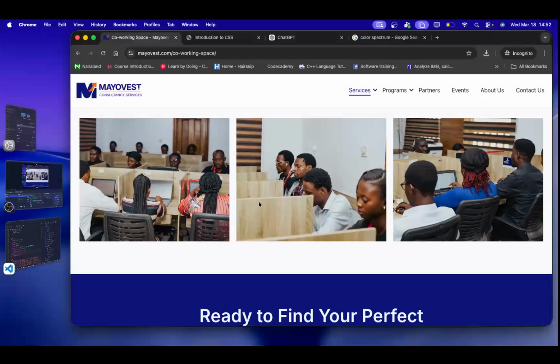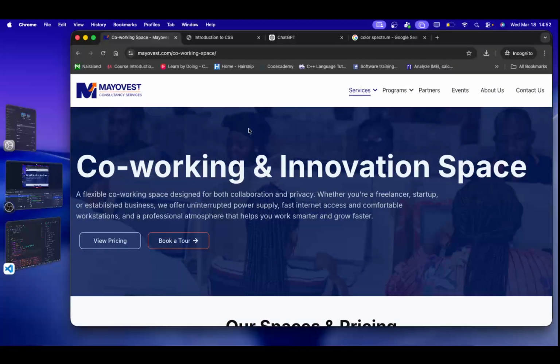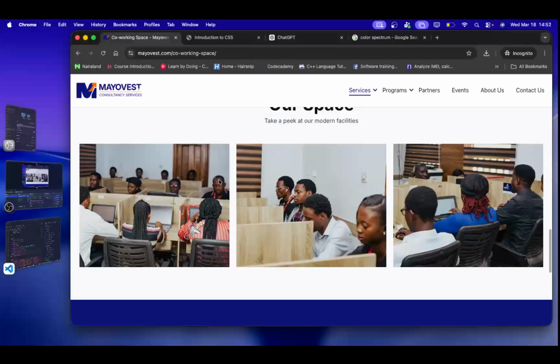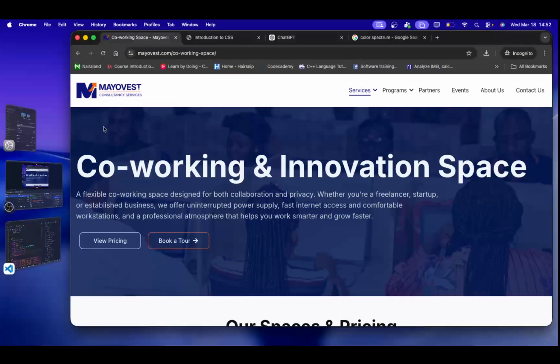Where is it? Which one did I even use? I think it's this one. But if you look at it, some part has already been cut out from the image, because as you can see, it's showing this. You can see they are the same thing. This person, this person, this person, they are still the same people here. But if you look at it, here I'm using it as background image, but the image is not up to that place. So I have to use cover. When you use cover, it will drag it and cut anyhow. But I can tell you, don't cut this particular place. You can position it to where you want it to be. So yeah,